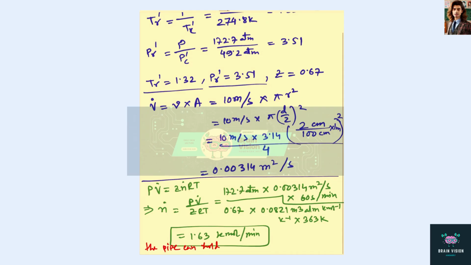Therefore, the pipe can hold the mixture at a flow rate up to